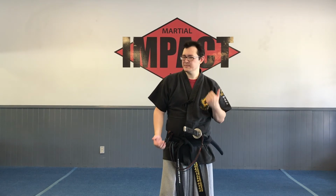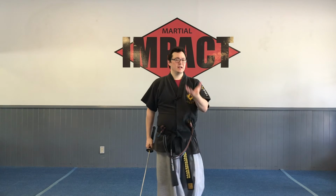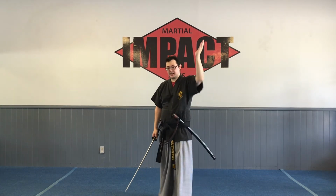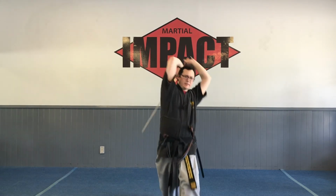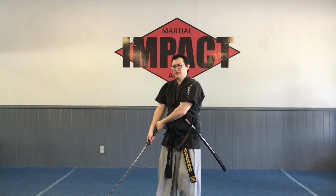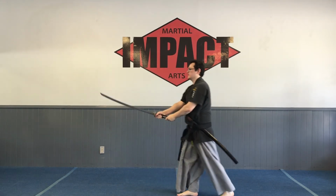The fourth thing is going to be cutting angle and when to extend. This might sound a little bit more complicated than it is. When you cut, the idea of a cut is to dispatch a person, to cut a person, right? So if I'm trying to cut you, which one looks better? So here or here, right? Again, from the side, it might be a little bit easier to see. So A versus B,